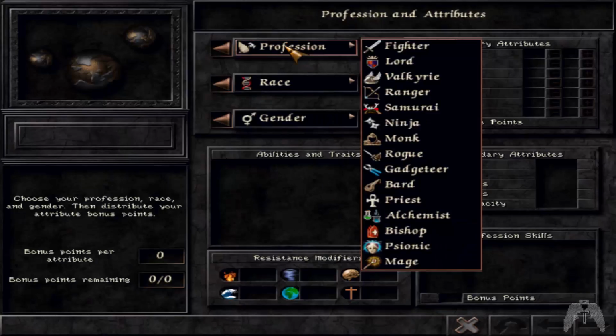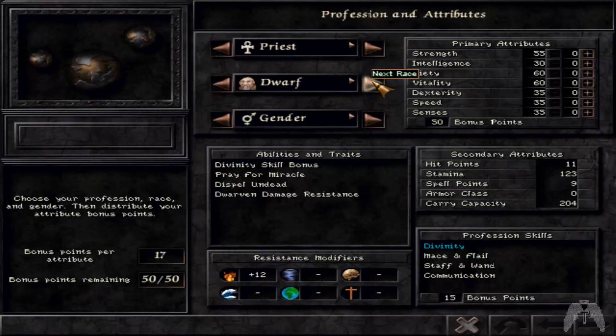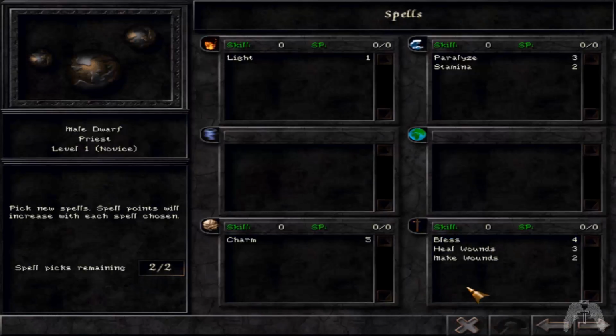Okay, now we do want also a priest. Now it's interesting. A dwarf makes quite a good priest, and a raw wolf does as well. But I like the dwarven damage resistance. You know what? I think I'll make it a male dwarf. Now their main focus is piety and vitality. And I also give some to speed to make sure that he goes higher initiative. Now I also try to stick with these bless healing thingamadoos. So heal wounds,